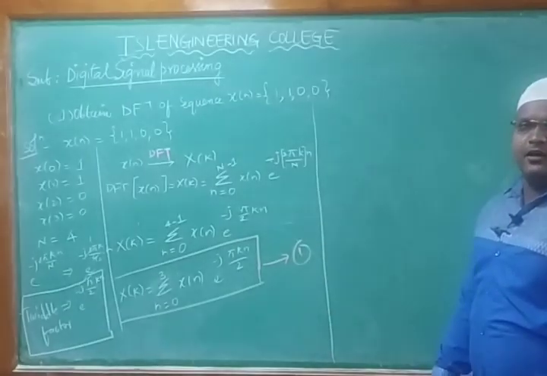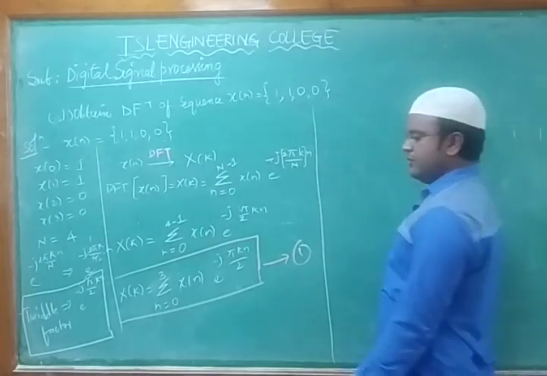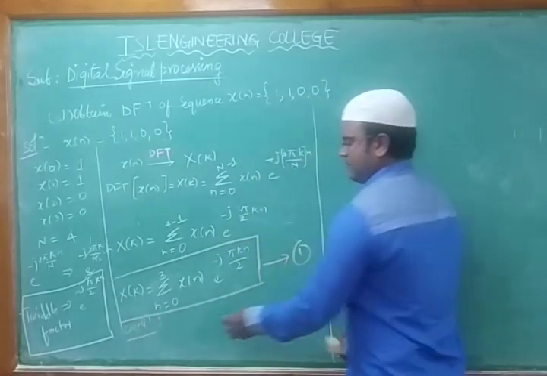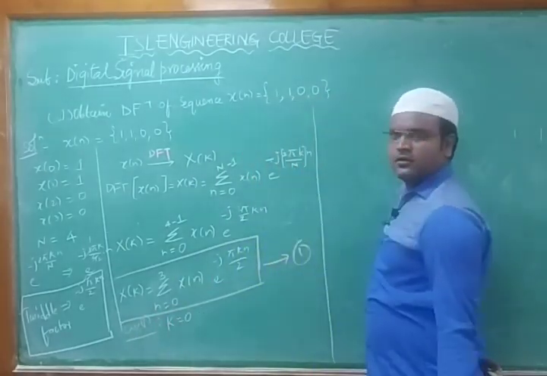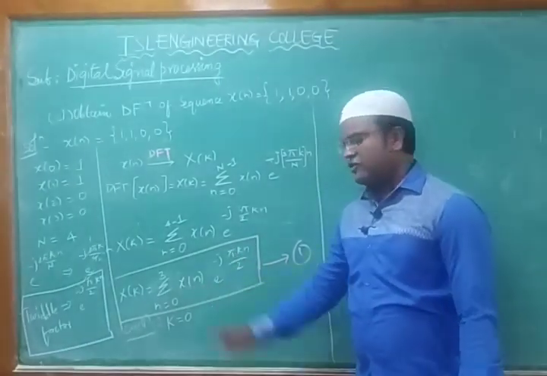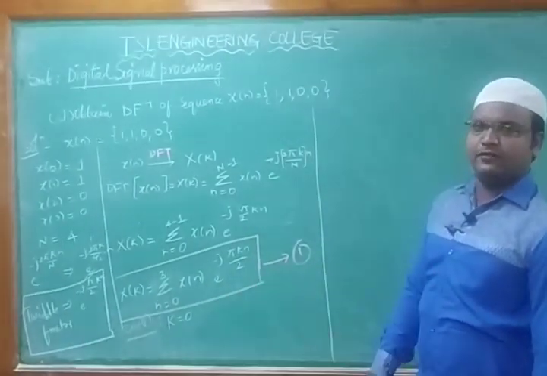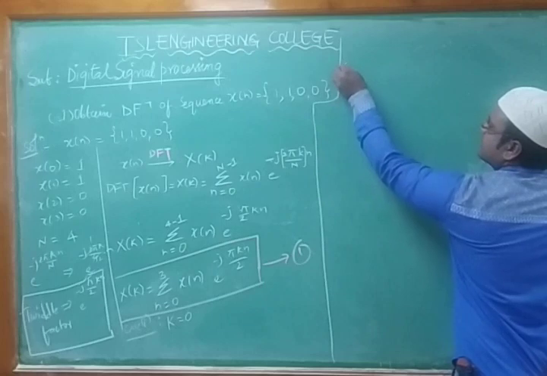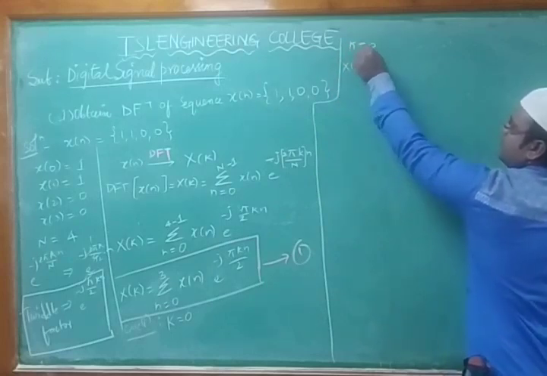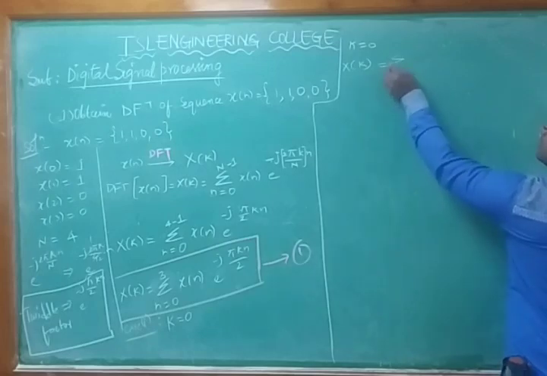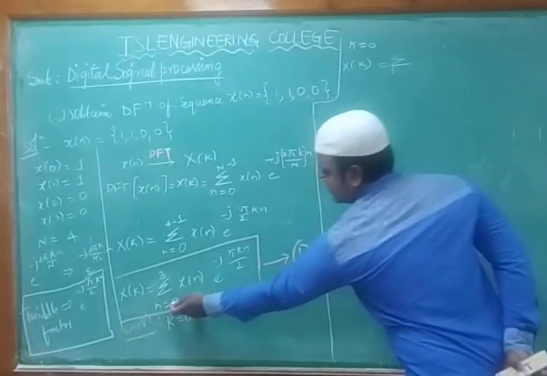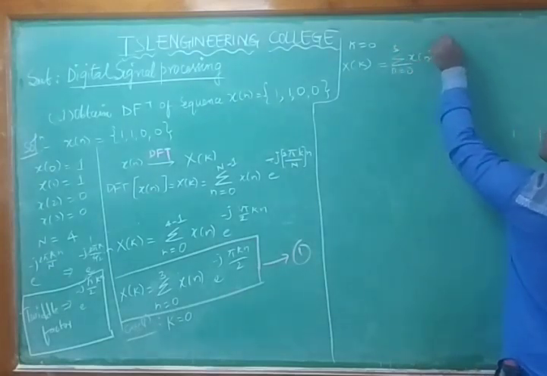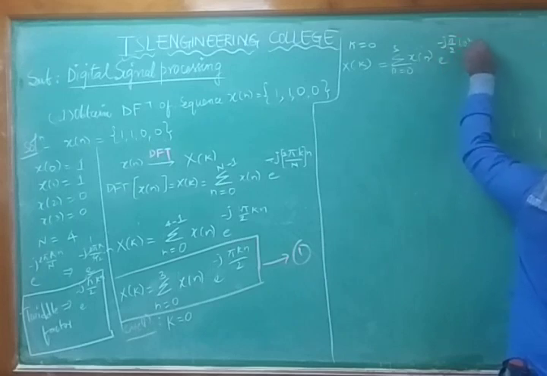So we found the x of k domain signal. Now what k values do we need to go for? There are different cases. What is case 1? We'll start from the first case: k is equal to 0. We need to put k equals 0 in this, and find the first case value for that particular sequence. So I can write x of k when k is equal to 0 is equal to the summation n equals 0 to 3 of x of n e power minus j pi by 2, k value is 0, into n.